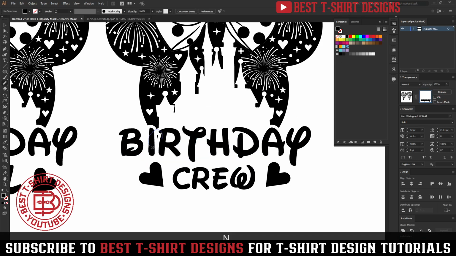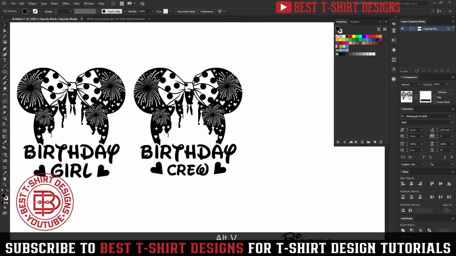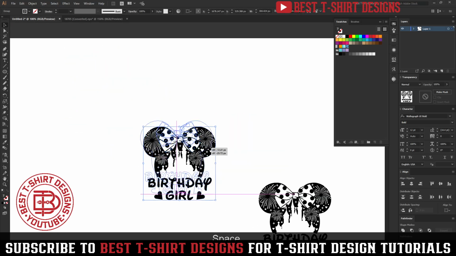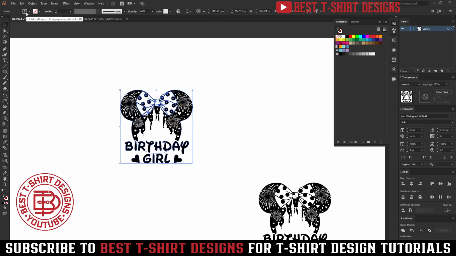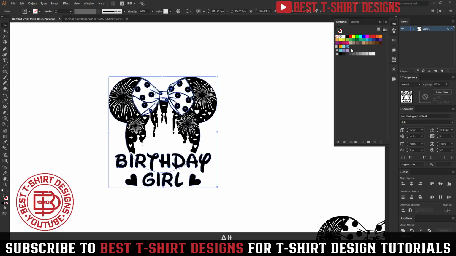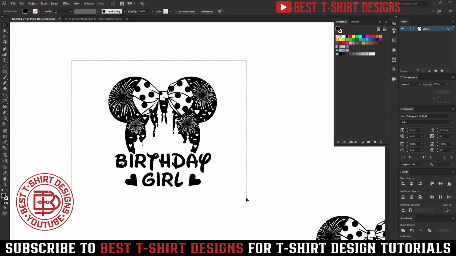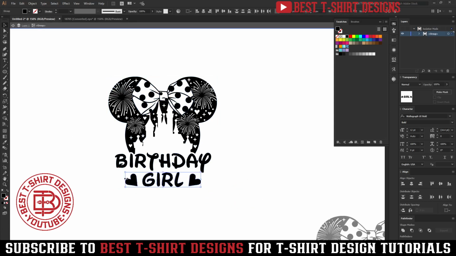Now I need to simply make everything black. So this is how it is looking. I'm going to make this a group, Ctrl G, and then I'm going to make this a group. Here everything needs to stay in a black color, but it is showing a question mark here. That means there are different colors in here. So first of all, make it black. Once it is all black, when I send this to my client, I may need to modify my file, and